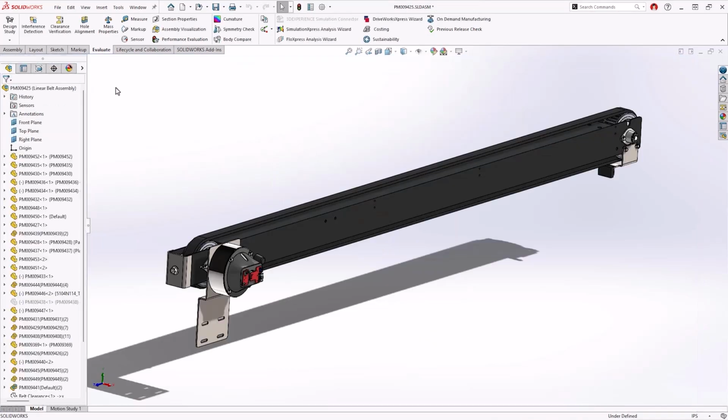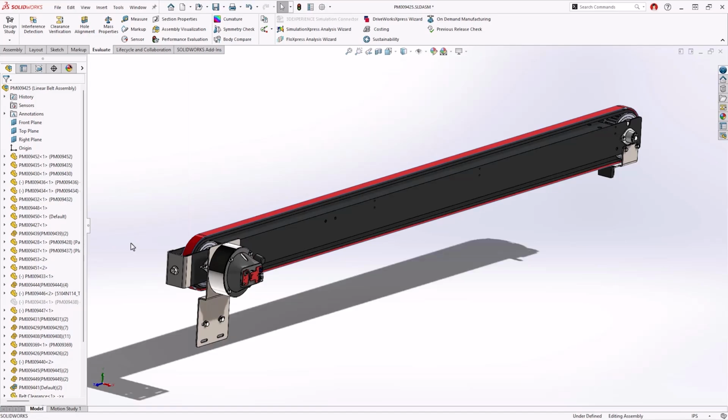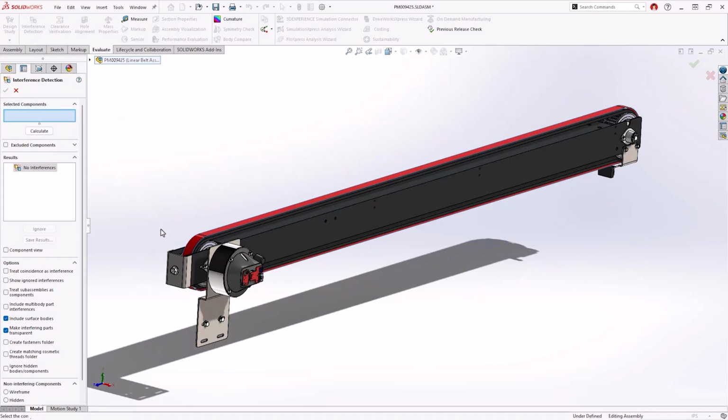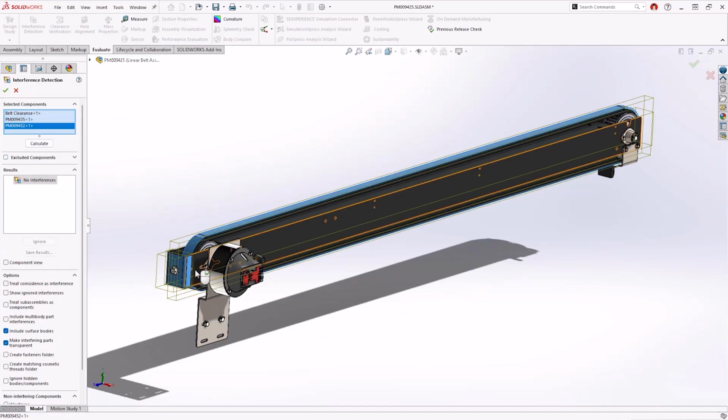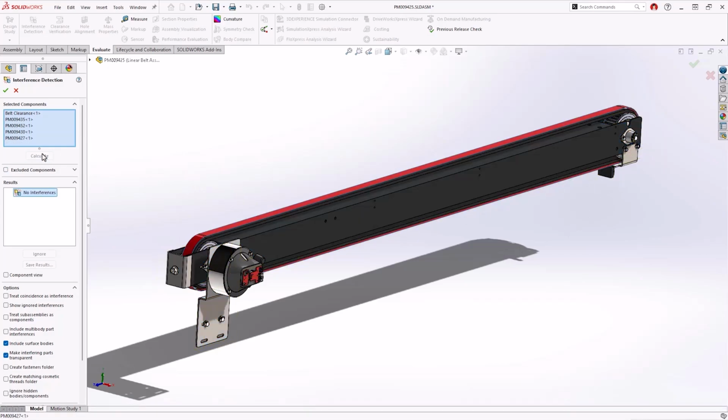Let's look at the internal belt mechanism in the Proteus boom arm. This assembly has a surface offset from the main belt of about 2/10 of an inch. The goal is to help understand possible downstream contact or interference issues. SOLIDWORKS 2025 now supports the use of surface to solid and surface to surface interactions when calculating interference detection. The belt, main structural components along with the supporting brackets are all selected and calculated. The results show no interference in this design.